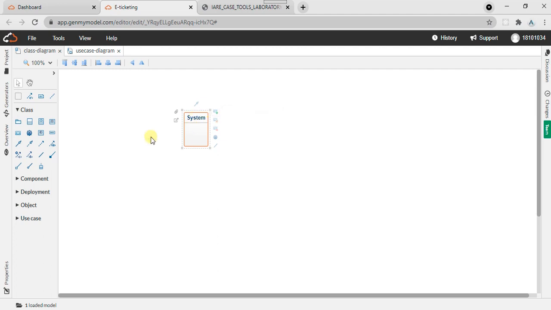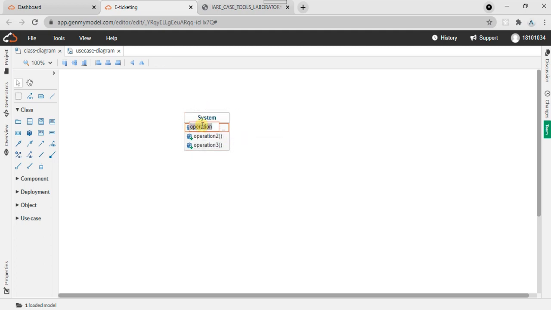Here you can see, this is the class which we have created before. If we click this class once, it will show some components around it. By using these components we can create the attributes of this class. If you click this, it will add a public attribute, not an operation, it's an attribute. Then this is protected, this is private, and this is operation. In this system class we need three operations, so we can click this three times.